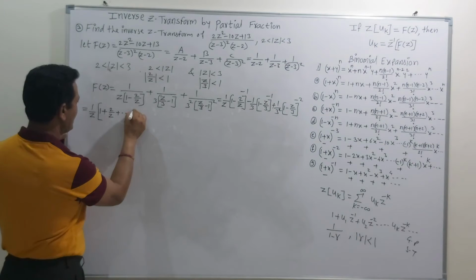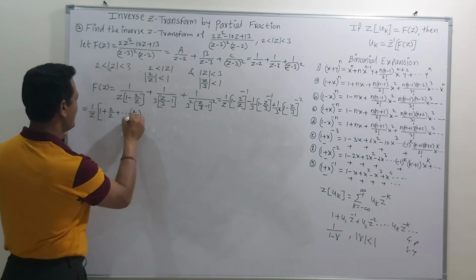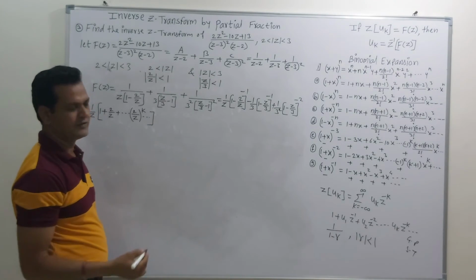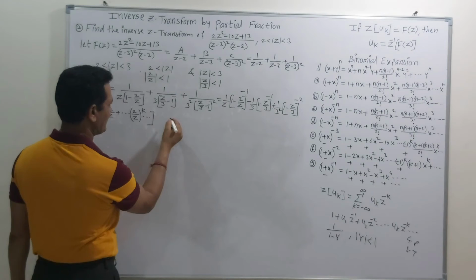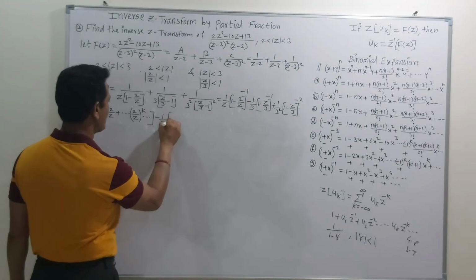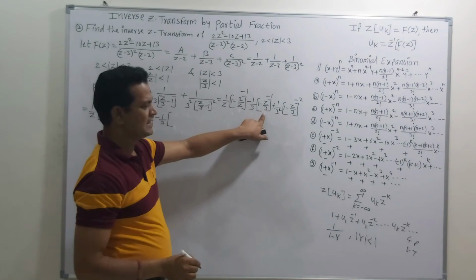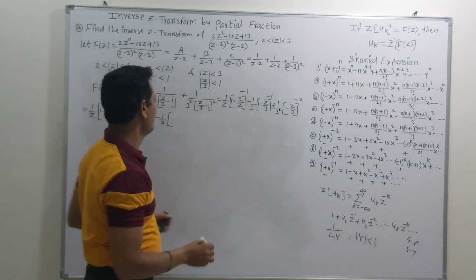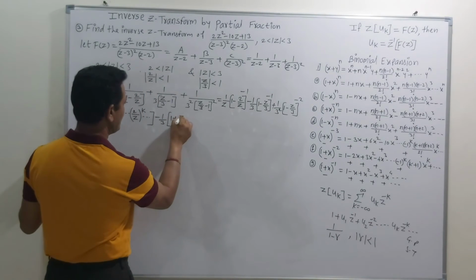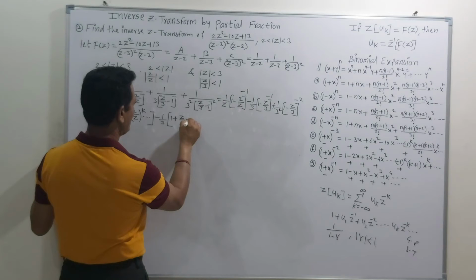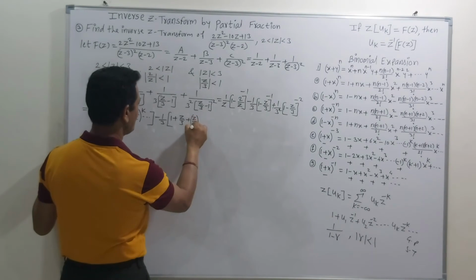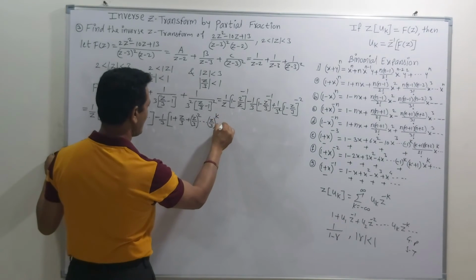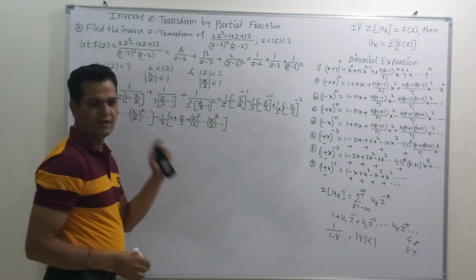In general, we can write this as 2 upon z raised to k, and so on, because our interest is to get the value of z raised to k. Now this is for the first term. Now the second term is minus 1 upon 3 as it is. Once again, this is in this form where the value of x is z by 3. So we can write this as 1 plus z by 3 plus z by 3 its square, and so on. This is z by 3 raised to k, and so on. So this is the second term.